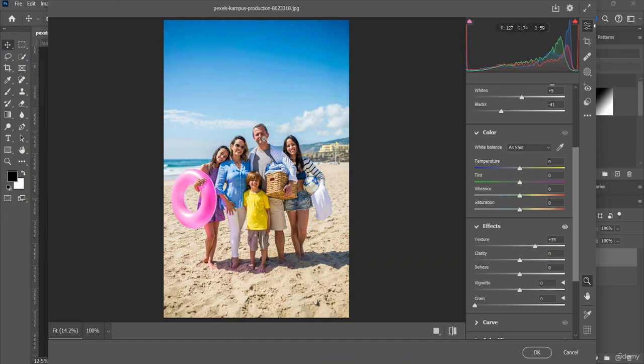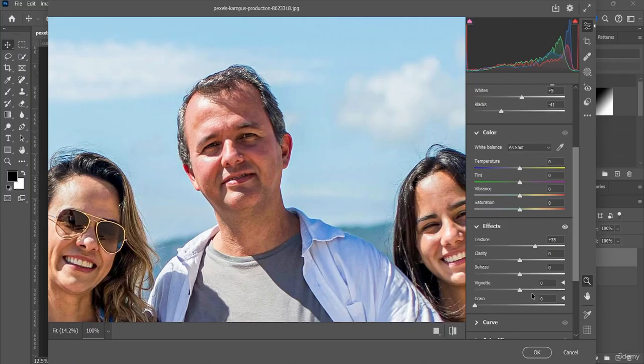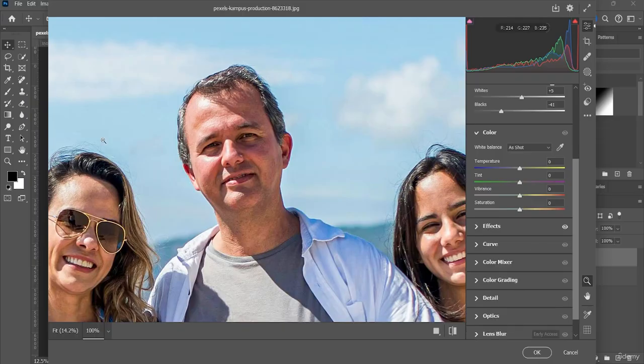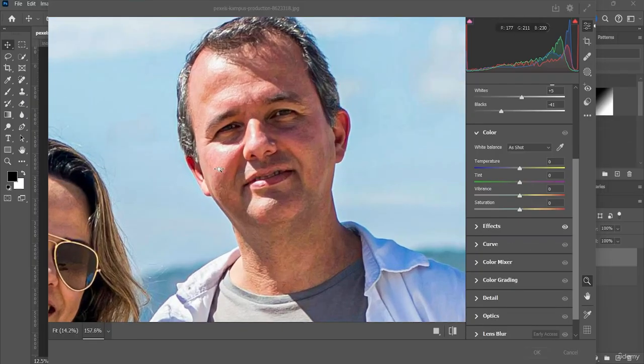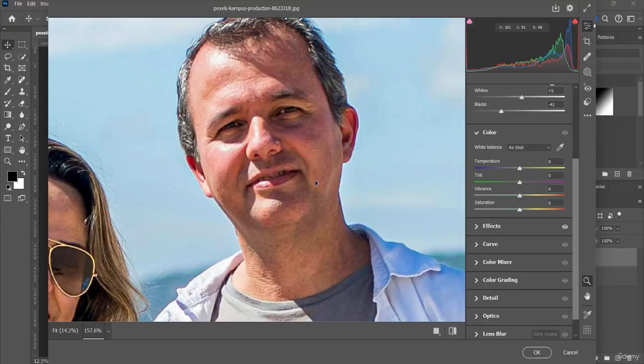So now if you want to zoom in, you guys can see now I have zoomed in. And if I just decrease the texture, this is how it actually looks. And over here, let's increase the texture. And this is how it looks. So now again, if you want to do it individually, let's come over here and let's just click on